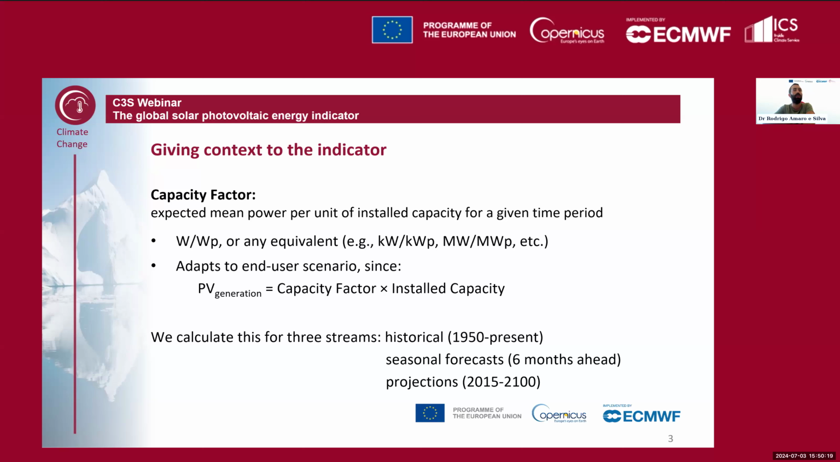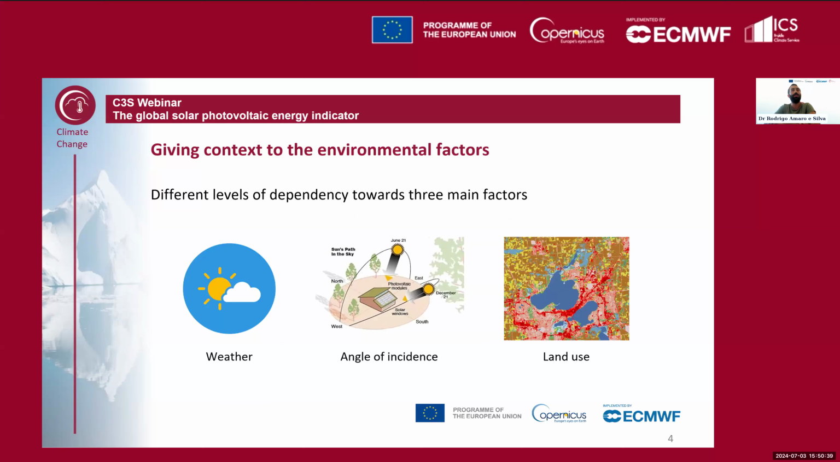And as already introduced by Alberto and Nube before, we target three different streams at the same time: the historical from 1950 to present, seasonal forecast 6 months ahead, but also climate projections covering 2015 to 2100. This indicator is mainly impacted by weather. If it's cloudy or sunny, we have less or more PV generation. The angle of incidence between the sun and the PV panels matters, but also the land use, because it constrains the